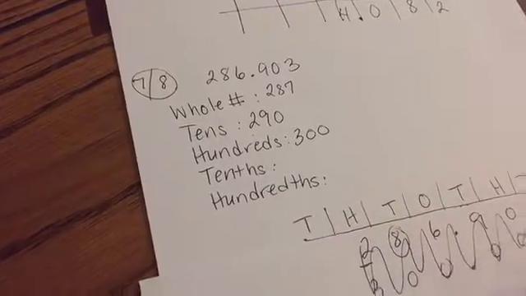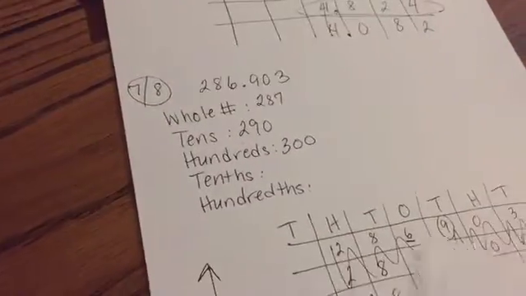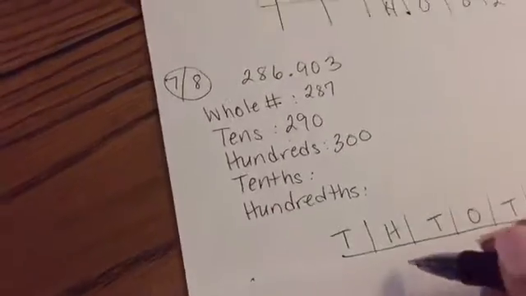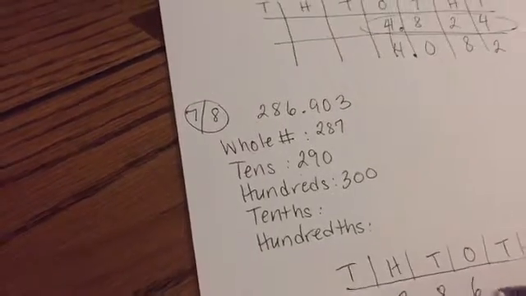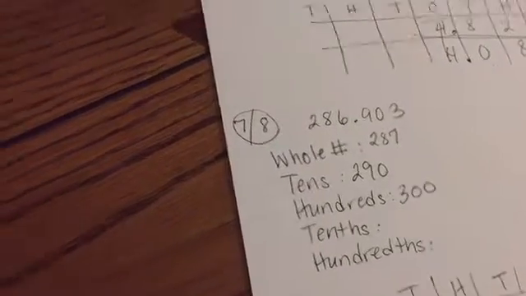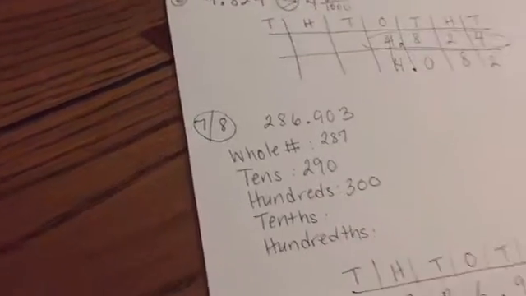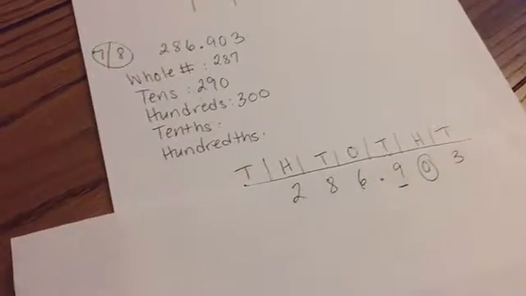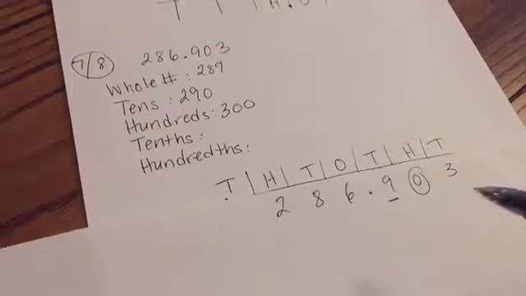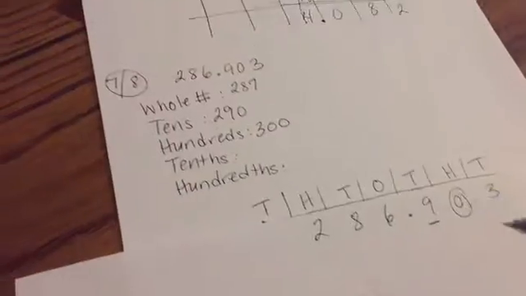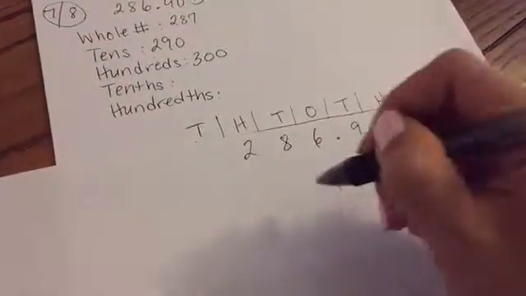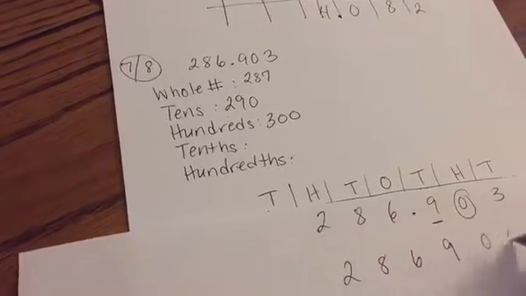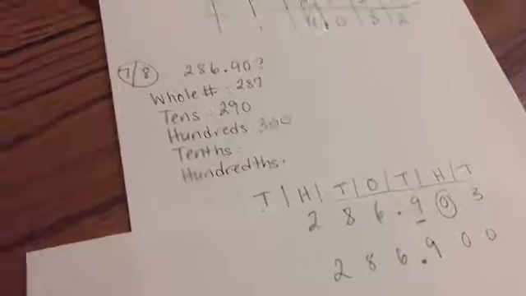And I'll squiggle those out so we don't get distracted. Actually, I'll shift my paper. Okay. We have 286.903. And we're rounding to the nearest tenths. So I'm going to underline the 9. Circle the digit to the right. That digit is 4 or less, so we're going to let this rest. It's going to stay as it was, a 9. Again, everything before it stays the same, and everything behind it becomes a 0. So our answer is